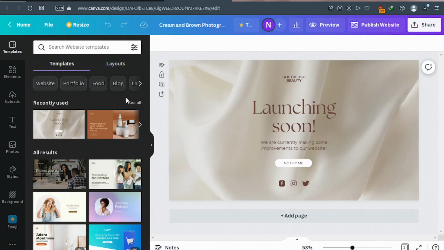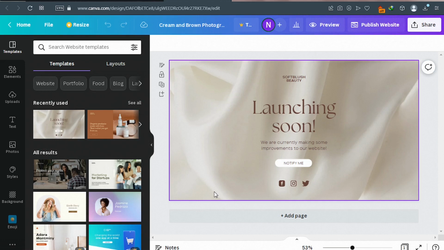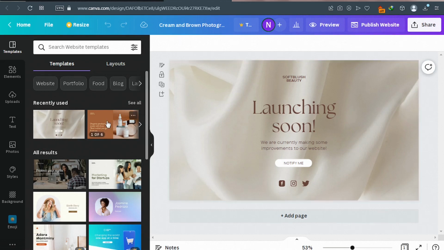All right, that is loaded successfully. Now you can scroll down and see the pages that are there. Okay, now to your left, you'll be able to see extra templates you can use for your website. Okay, so you see here templates, and blue we have website, portfolio, food, blog, and there are a lot of templates you can use. So let's say you want to use this template, you simply click on it and then wait,